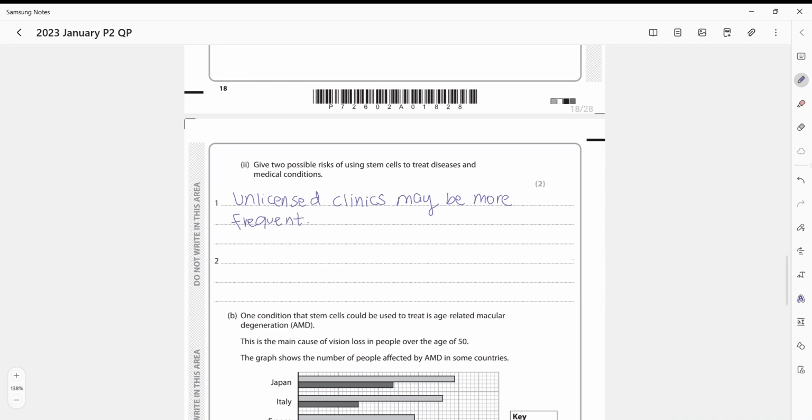Another thing about stem cells is there's a chance of them developing into a tumor. The reason is that stem cells can over time accumulate a lot more mutations, and that could lead to tumors. So you can say it may